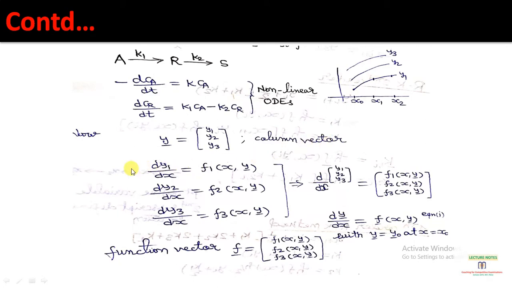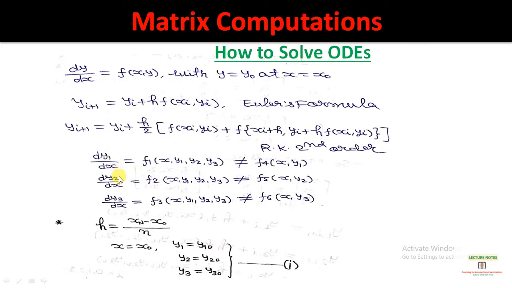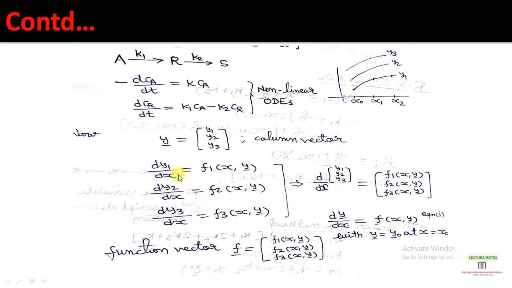Okay, so again we can write these equations dy1/dx, dy2/dx, dy3/dx in the simple form: dy1/dx = f1(x, column vector y), dy2/dx = f2(x, column vector y), dy3/dx = f3 function of x, column vector y. Okay, so this column vector contains all three values of y, y1, y2, y3, and these three equations we can write in a single equation form: